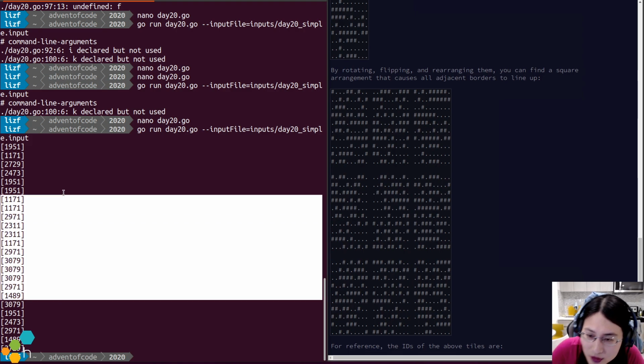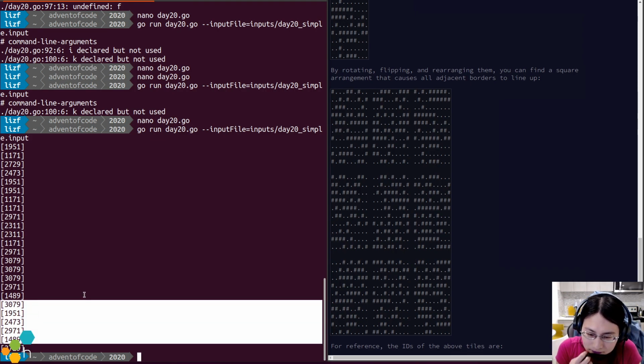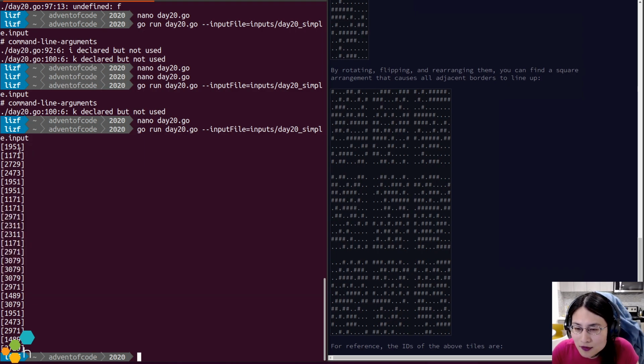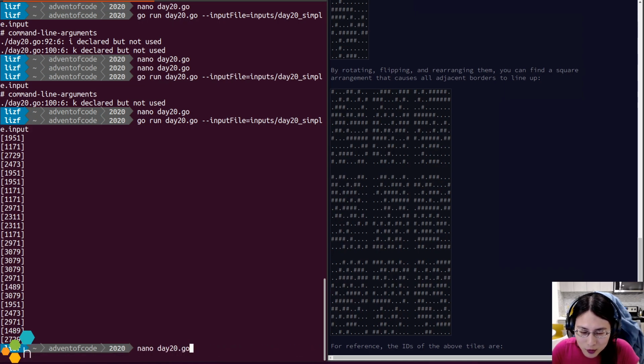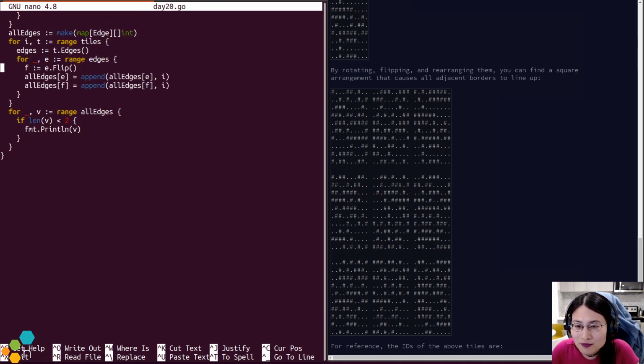Okay, so here we have a number of candidates that only appear once. Oh, but we have to figure out, some of them can be only appearing once because they only match on the bottom, or on one edge. So we need to find out. Okay.